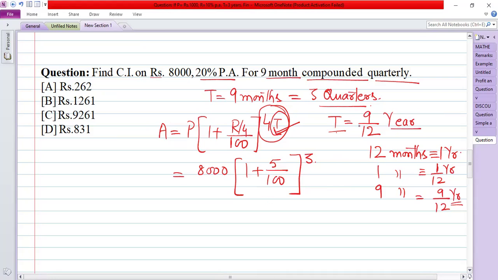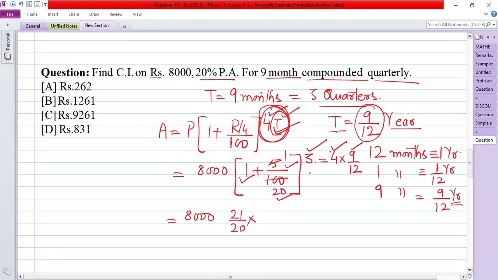Okay, so now T is 9/12 year, and here it is 4T, means we should have 4 into T. So what is 4 into T? Means 4 into 9/12. And if you check, this will be nothing but 3. And now it is nothing but 5/100, that is 1/20. So now remaining it is 8,000. And actually 1 + 1/20 will give us 21/20. And further the cube is there, means 21/20,